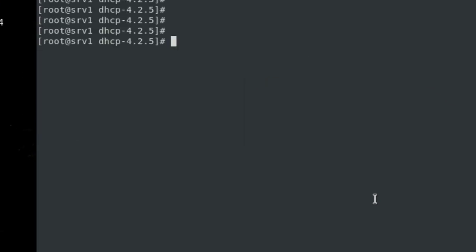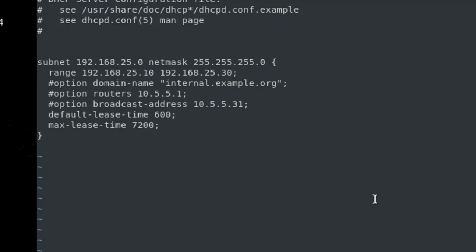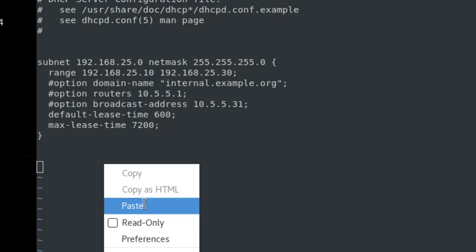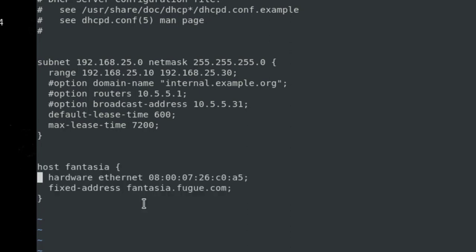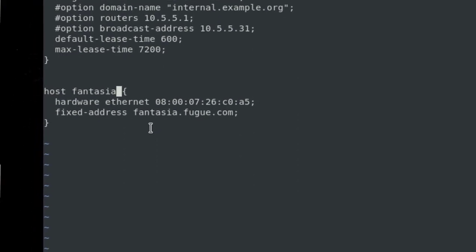Now go to vi /etc/dhcp/dhcpd.conf. In this configuration file just go below and add whatever we copied right now. In this host name you can give anything that you want. I'm going to give it as client.